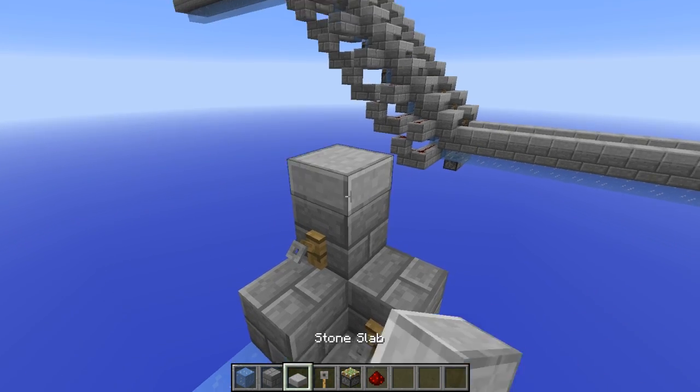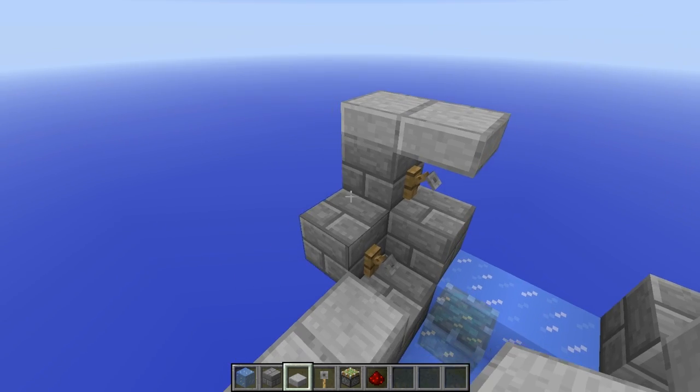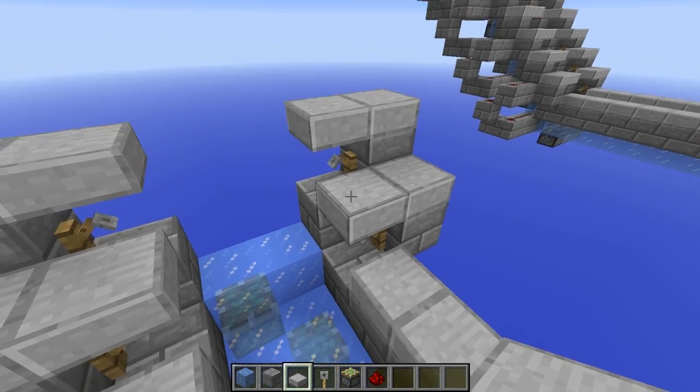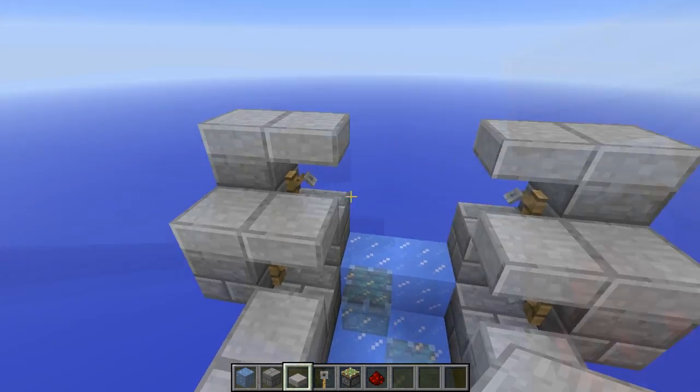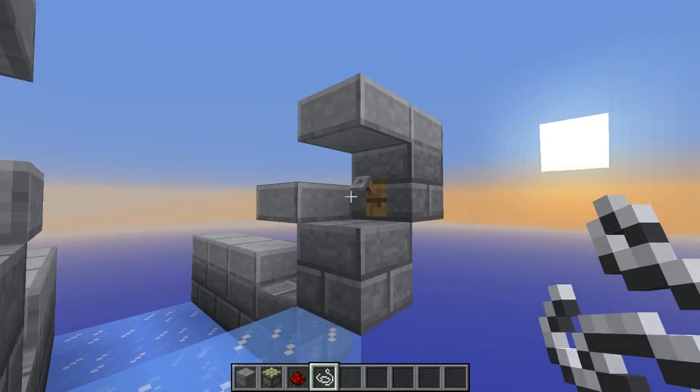Now on top of here, let's go ahead and place our half slabs just so we can extend this out. This is going to keep mobs from spawning, and this is also going to be our guardrails for while we're going past these hooks. Now at this point, we want to go ahead and add our string to our hooks like this,